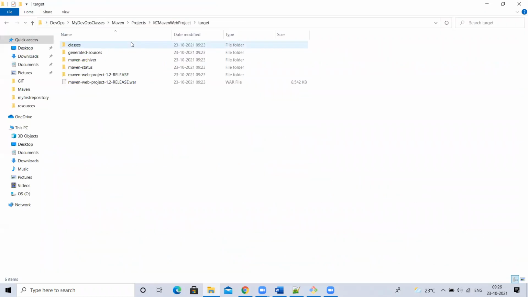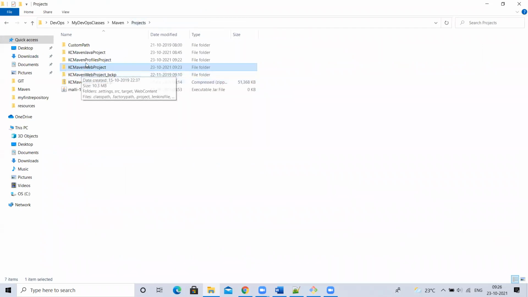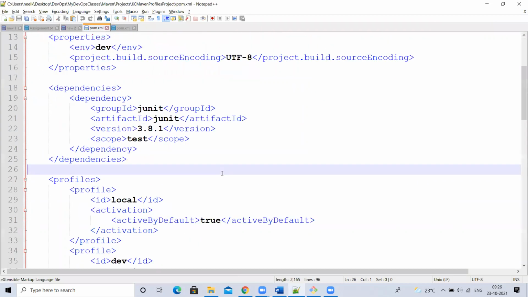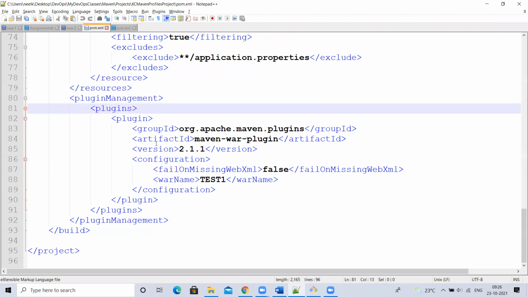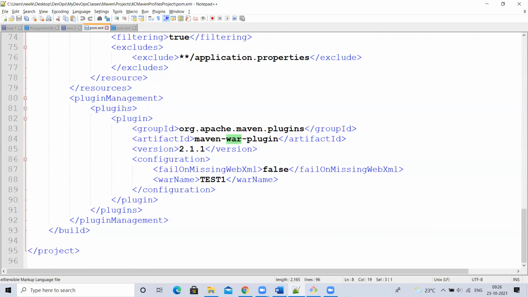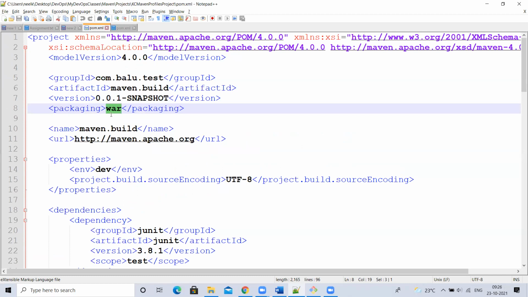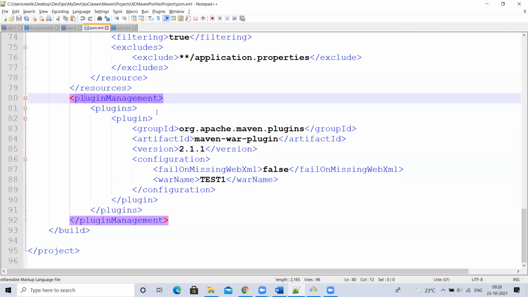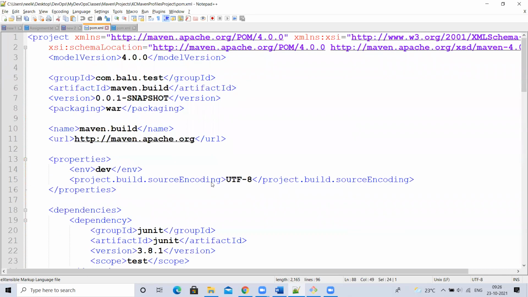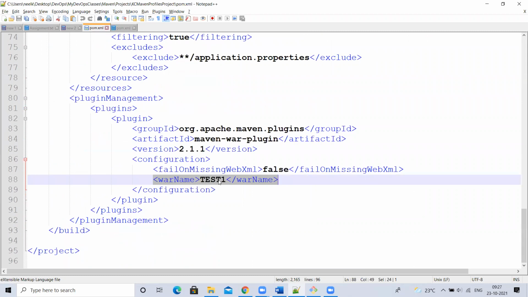Then what you can do is use some plugin. Okay, let me show you this. If you don't want the name, you can use plugins like this. So war plugin, to generate a war, you have to use the war plugin. You cannot directly use war packaging here. To use that, you have to use a plugin. Jar means it will directly generate, but if you are using a war file, you have to use plugin management like this. You can copy paste it, not an issue, right? Then here you have to give the name, war name. If you give this, it will generate the artifact with this name, not artifact ID hyphen version dot jar. If you want to use a custom name, you can use it like this.